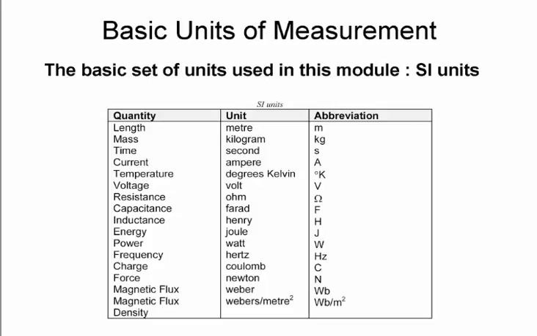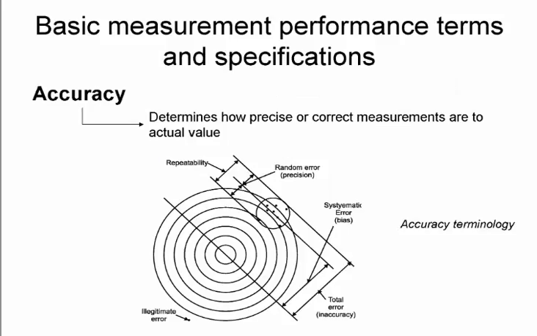So, process measurement fundamentals. Now we work according to the basic set of units, the SI units. So when you talk about length or mass or current, those are the units that we will use in this module. Now if you look at the basic measurement performance terms and specifications, we have